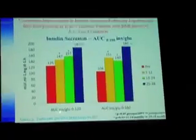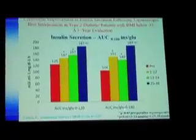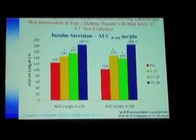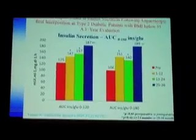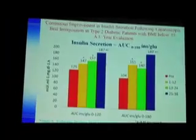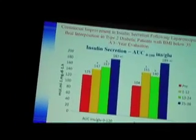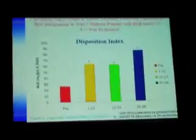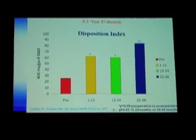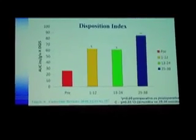Here, area under the curve of insulin and glucose at 0 to 120, and area under the curve at 0 to 180. This is, at least for us, very important, that we clearly demonstrate there is a continuous improvement of insulin secretion throughout the years. And also in relation to the disposition index, that is an index that combines not only insulin secretion and insulin